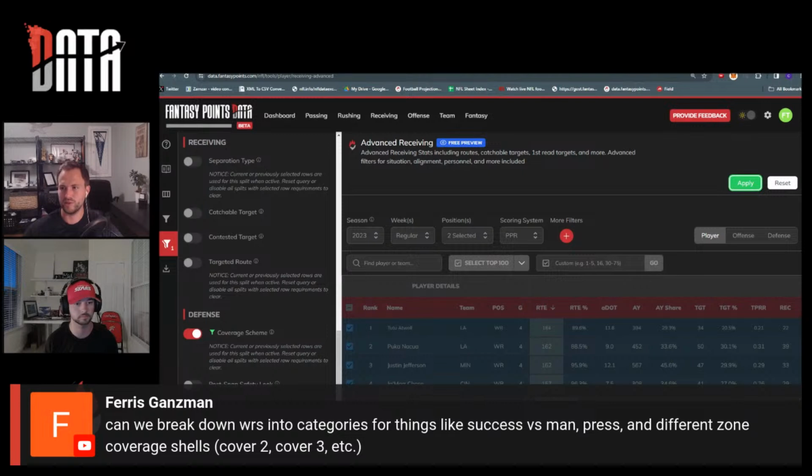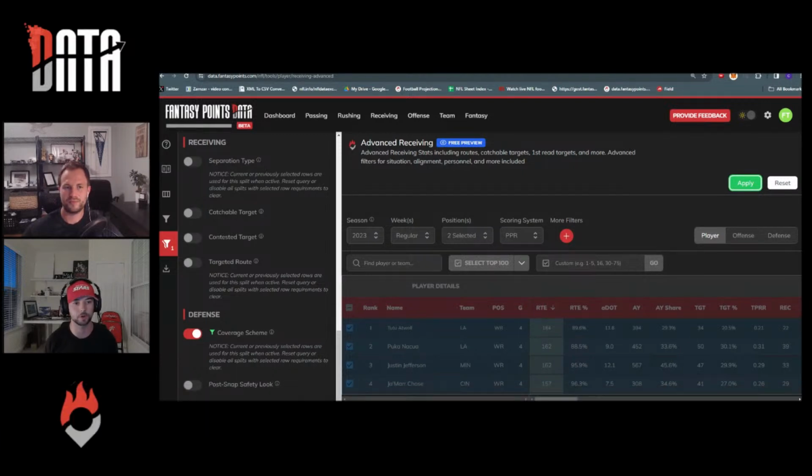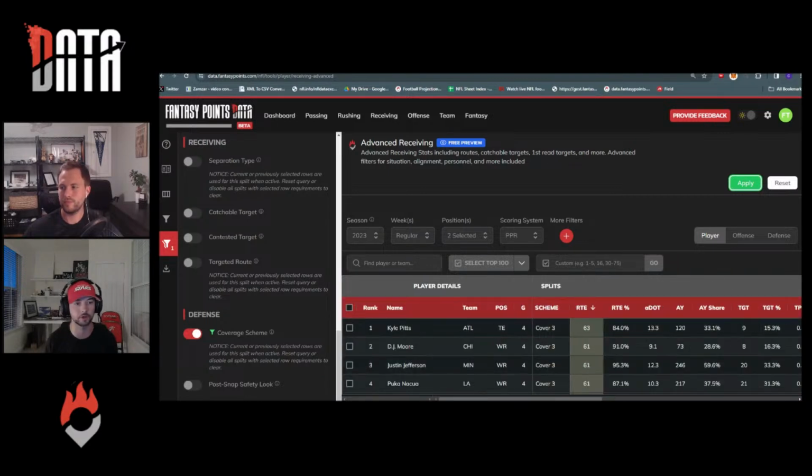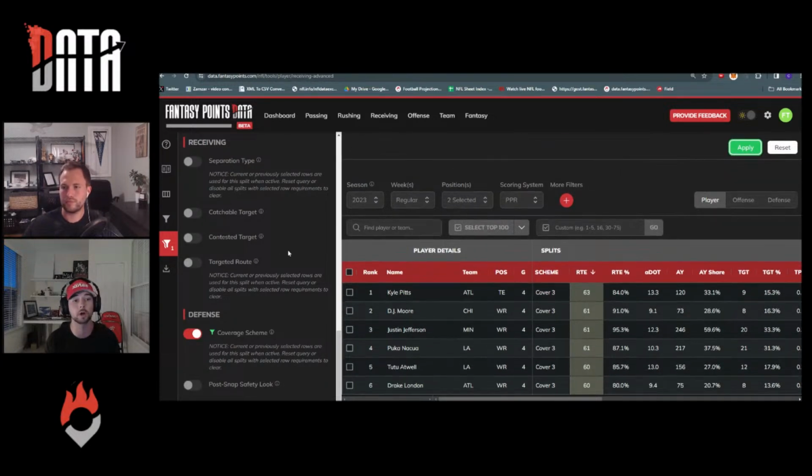Yeah. So generally the way I'm looking at this for the purposes of my own writing, my own analysis, my own DFS lineups is I'm looking at specifically man versus zone. Chris, curious on your thoughts, but I don't think you generally see as big of splits for wide receivers facing cover 3 versus cover 4 as you would versus a wider data set of man versus zone. What do you think is generally the best way to utilize this tool for fantasy football?